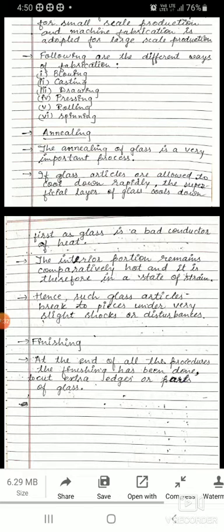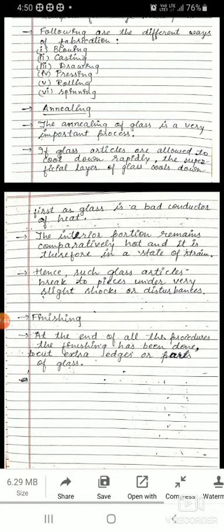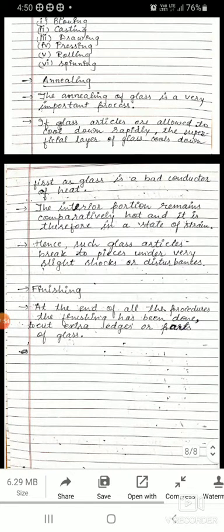Now after the fabrication process, the glass is taken for the annealing process. Annealing of glass is a very important process. If glass articles are allowed to cool down rapidly, the superficial layer of glass cools down first, as glass is a bad conductor of heat.